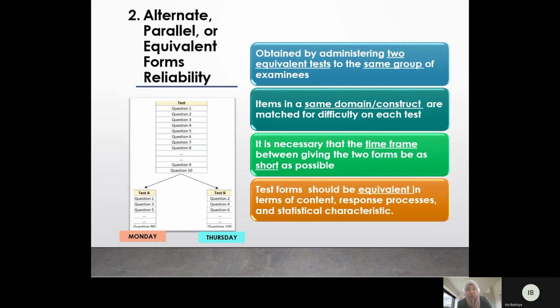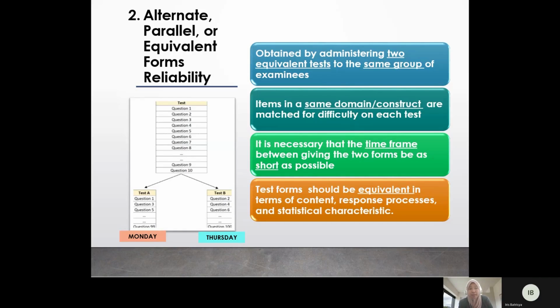Okay, dengan ambil contoh, dalam satu kajian ni, pengkaji ni menyediakan sebanyak 10 soalan dan daripada 10 soalan tu dia bahagikan kepada 2 set, set A dan set B. Set A mengandungi soalan 1, soalan 3, soalan 5. Set B ada soalan 2, soalan 4, soalan 6. Jadi untuk buat reliability test ni, pada hari Isnin dia buat test A, dia menggunakan responden group A lah. Dan pada hari Selasa, dia buat satu lagi test menggunakan group tadi dengan menggunakan set soalan B.